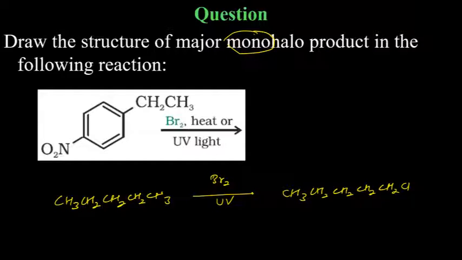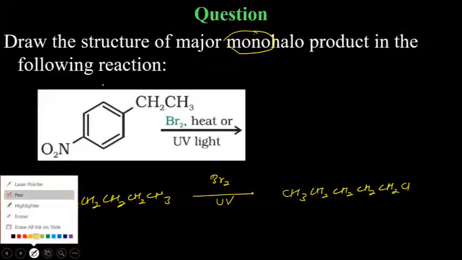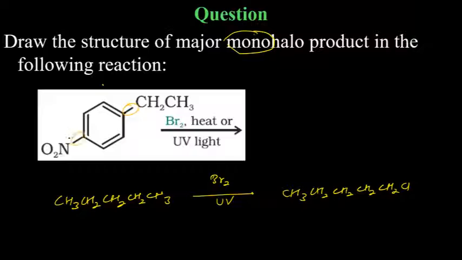This is a similar case. Don't get confused with the presence of benzene ring because here benzene ring has double bond character. So these two double bonds, due to resonance, will have partial double bond character. So these can't be broken easily. Either hydrogen from this carbon or from this carbon can go and bromine can get attached. So it is monohalo product because it is UV light. And this part is where the hydrogen can be removed easily as compared to benzene.